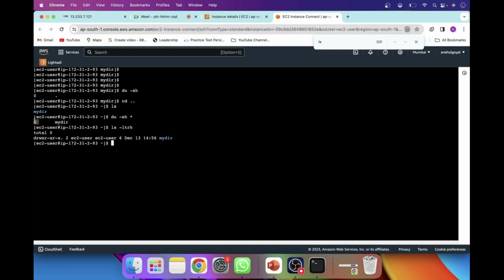Okay, because as of now we don't have any data inside this folder, the file size of this folder is 0 KB. If I have some data inside this folder, then it will show you 1 KB, 2 KB, 1 GB, 10 GB. Okay,